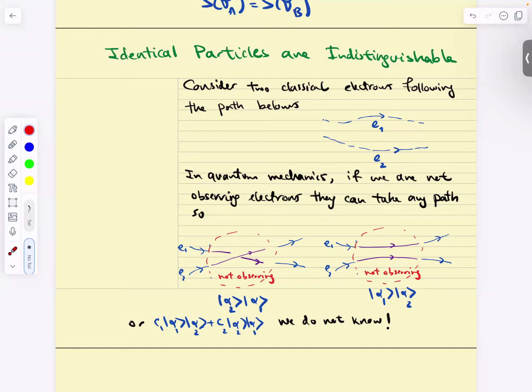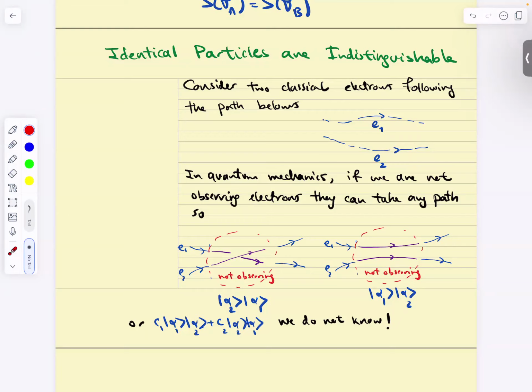The wave function evolves according to a known rule. And it seems to me like in these two different paths, the wave functions would evolve in two different ways. Very good. That's a very good question.